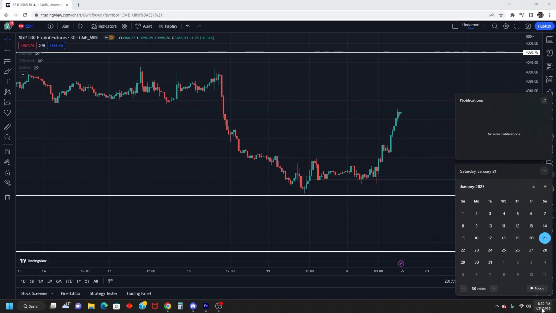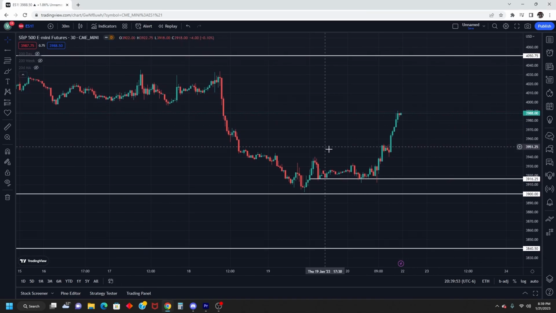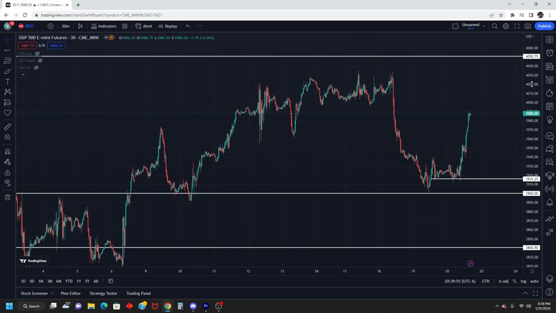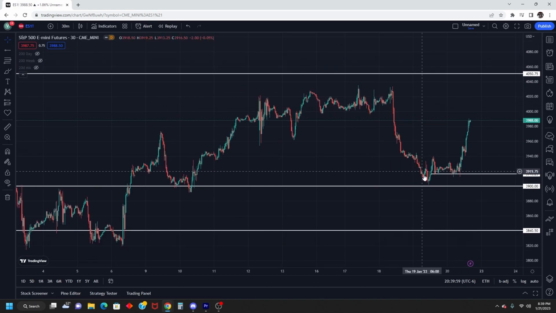Accumulated, reaccumulated here for this huge upside move. So it is January 21st. It's a Saturday. This is what we're going to be looking at on Monday, the 23rd. We're going to be just eyeing liquidity points as we see them. So we know that there's huge liquidity over this 40-30 area, upwards of that 40-30,